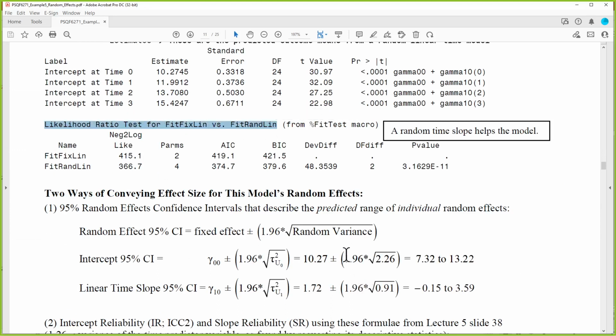Likelihood ratio tests, a relatively new concept in this class, but if you've seen this before in generalized linear models, structural equation models, a whole bunch of other contexts, it's the idea of comparing differences in fit. So the log likelihood from a model with fewer parameters versus a model that has more parameters, times -2 for the difference. So the -2 times log likelihood for each of the models here, the difference between those two numbers is 48 on 2 degrees of freedom, because when we add a random linear slope, what are we actually adding